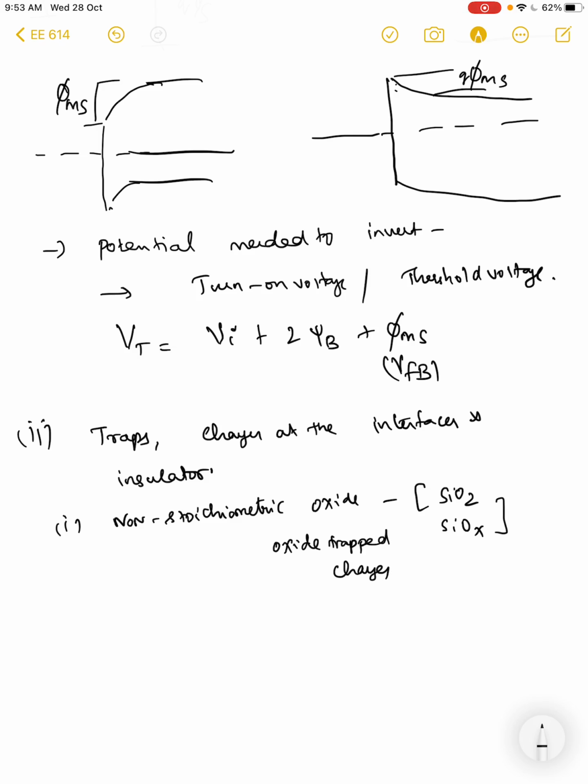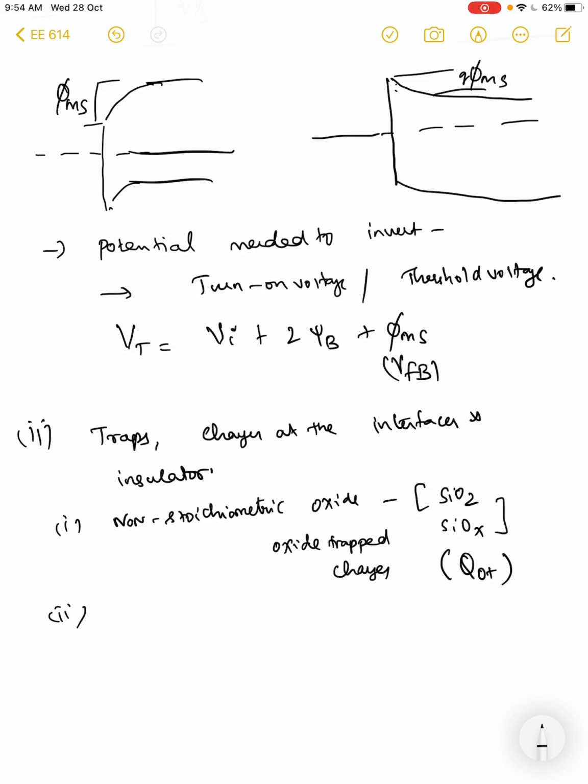And this is represented by QOT, whose density is written as QOT. So let us take some number of places where silicon is missing, so you call it QOT, right? The second